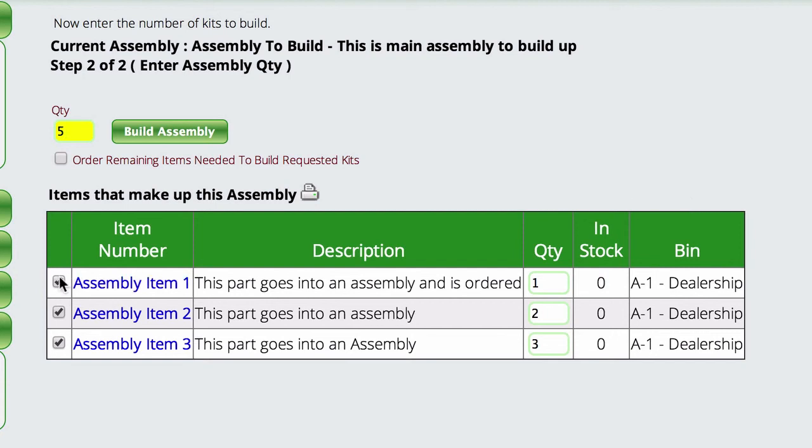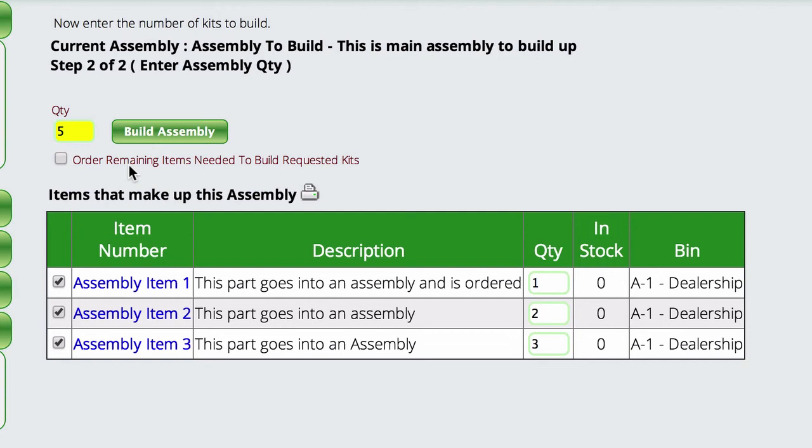I'm going to pick the parts that I want to make up in this particular assembly, the quantity that I need, and then it's telling me where it's going to pull them out of stock. Now you'll notice here I don't have any of these in stock. So the only option that I have at the moment is if I add this additional option here to order the remaining items that I don't have. So what will happen at that point is Lizzy will automatically go put those onto a purchase order so that I can get them in, and then I can come back over to the build process when they come in